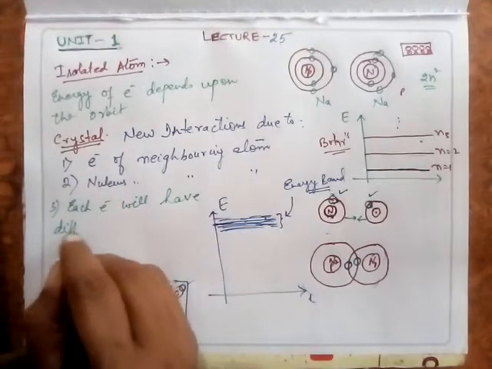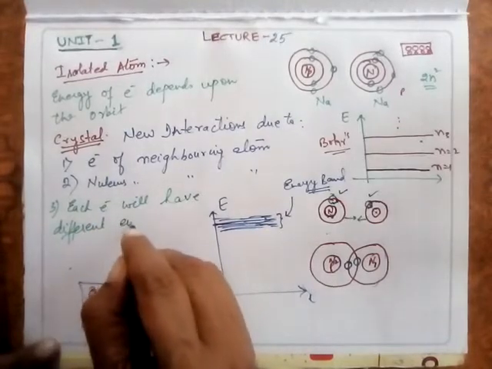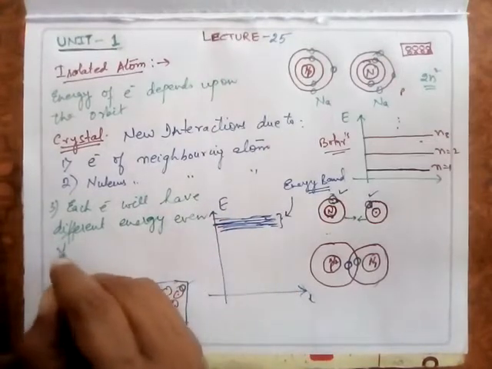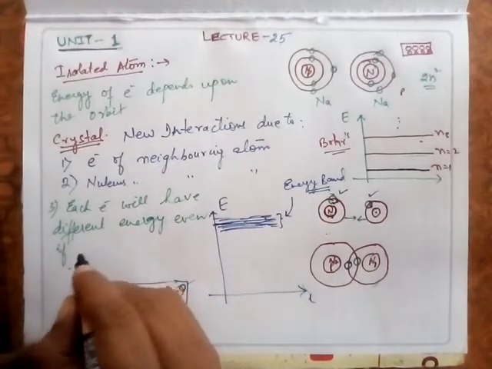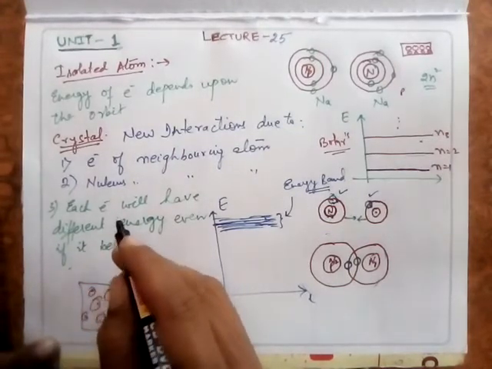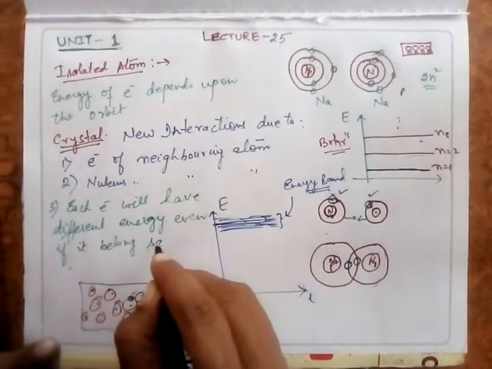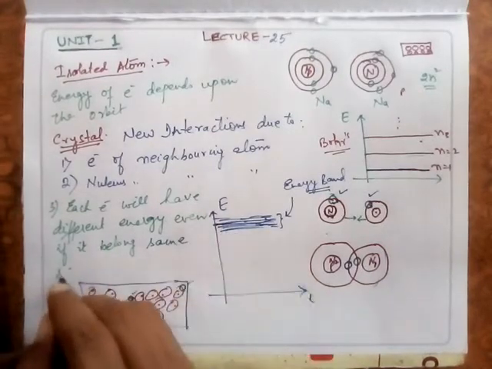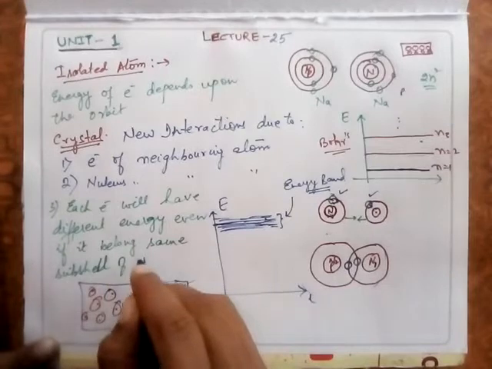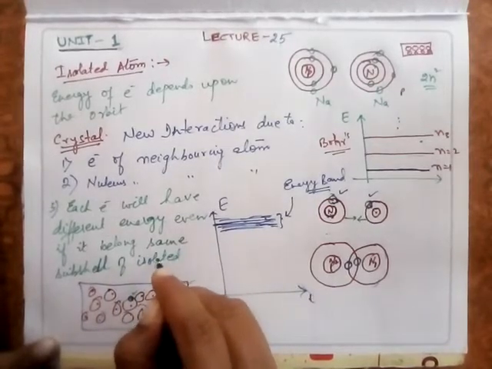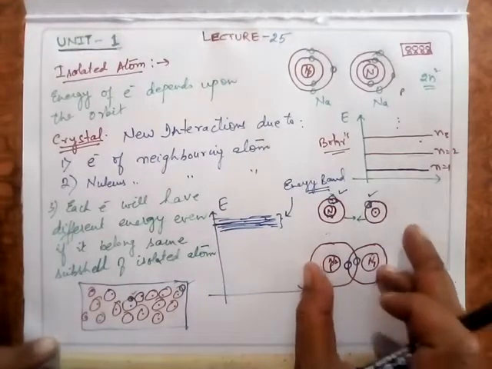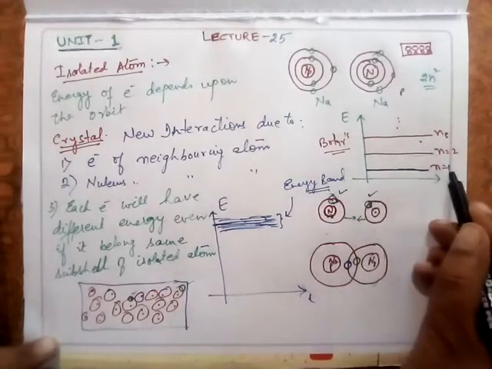I can say will have different energy even if they belong to the same subshell, same orbit, of an isolated atom. So the point is that when a crystal is formed, in spite of having these discrete energy levels,